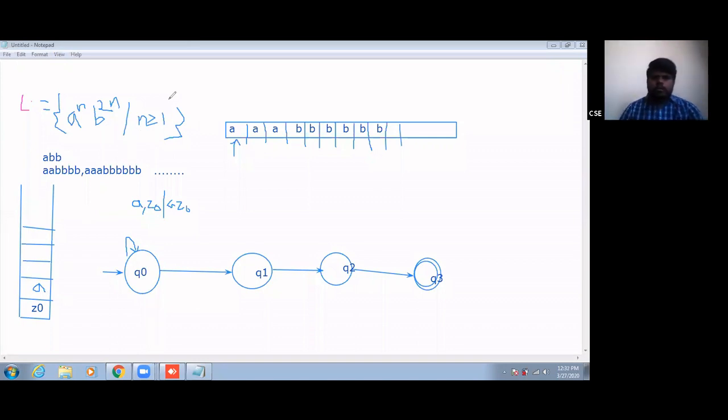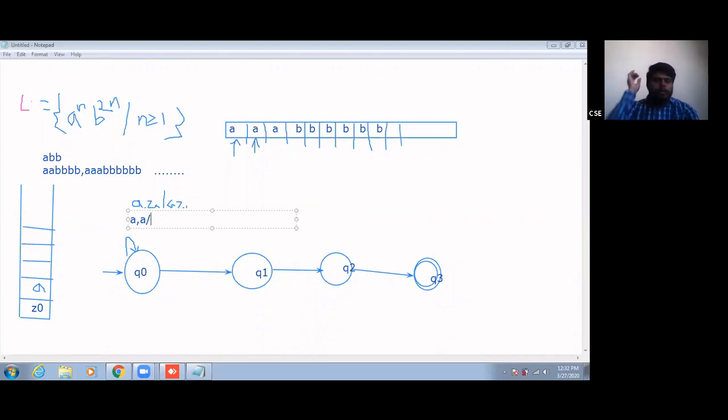So next, my input pointer is again pointing to the next A. So the input pointer is A and my topmost symbol of the stack is A. So A comma A, what am I going to perform?